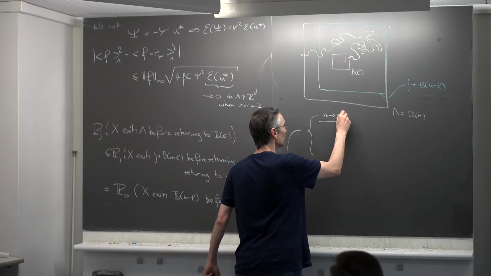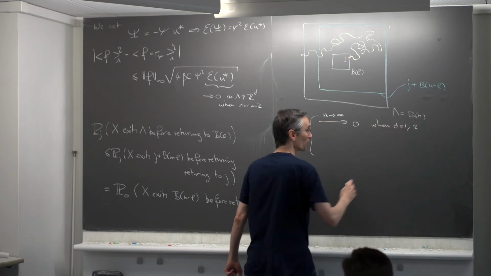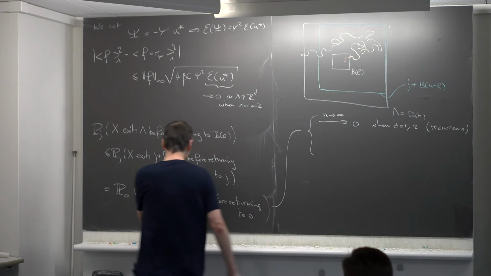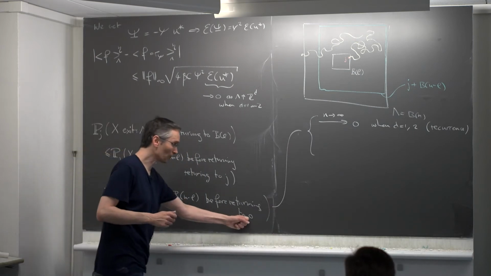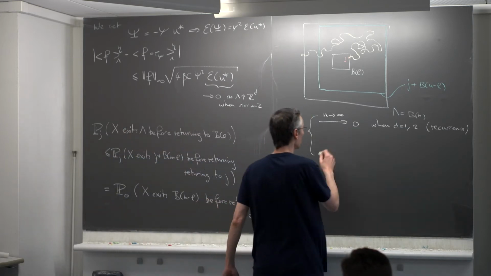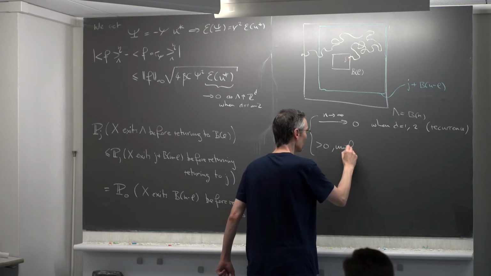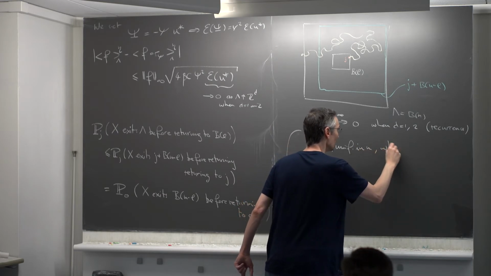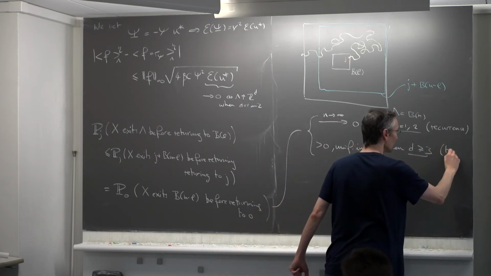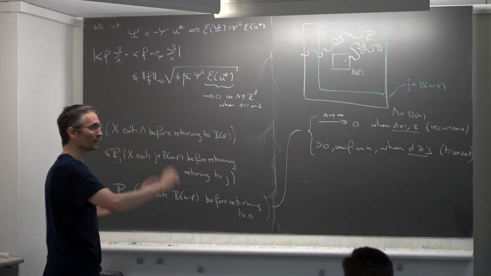So n is going to infinity. This is converging to 0 when d equals 1 or 2, because the random walk is recurrent. So the probability that it goes infinitely far away without visiting 0 is going to 0. It's visiting every point infinitely often, recurrent random walk. Okay? So this is going to 0, while it's larger than 0 uniformly in n when d is greater or equal to 3. Okay? Because the random walk is transient, it has a strictly positive probability of never visiting 0. Okay? So in particular, it can go to infinity without ever visiting 0.